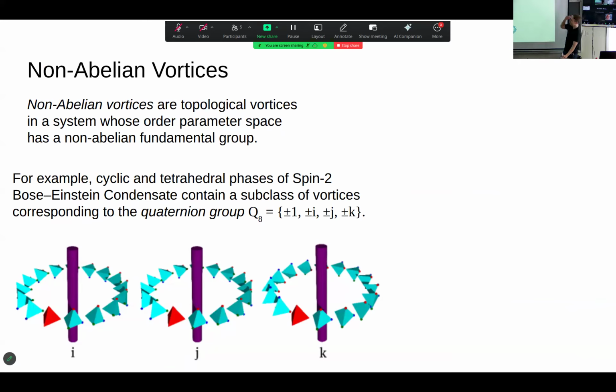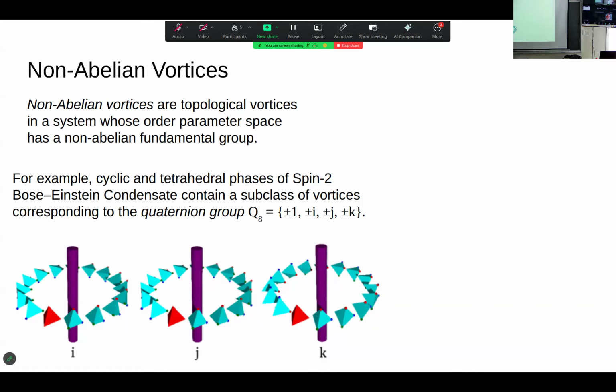And now, okay, we know what is topological. Now the interesting part is non-abelian vortices. So the non-abelian vortices are topological vortices, or these essential singularities, in a system where the order parameter space is non-abelian. So it's not commutative. So a simple example that is relevant for this talk is the case where the fundamental group at least contains this group Q8,